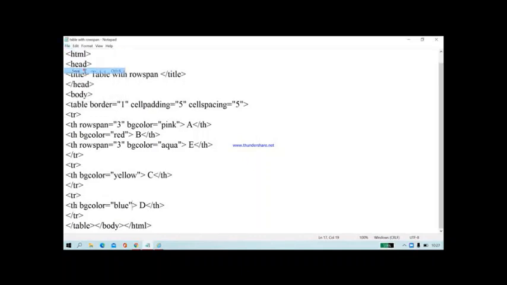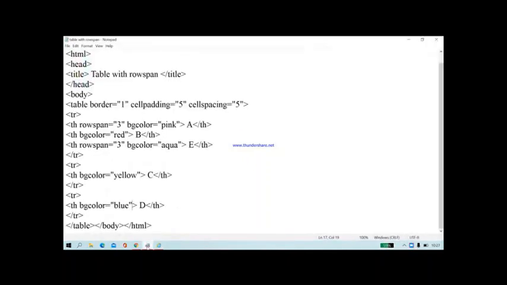Just save it and refresh it. So see, all these are the different colors which you will get in this one. So for each cell, if you want to give the background colors, so just you have to put the bgcolor attribute within the cell. Okay, for each cell if you want to give separate color, so for each cell you have to use the background color attribute. Save it. So this is the output for your program. Rowspan, colspan and your simple table.